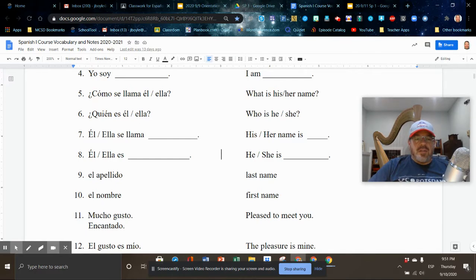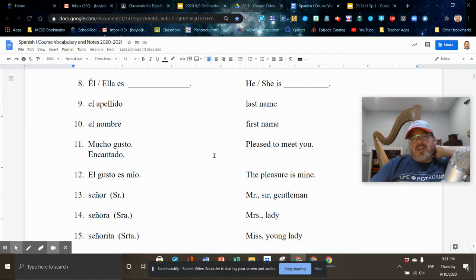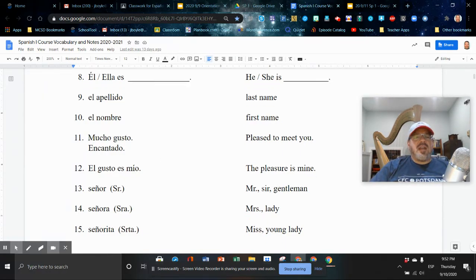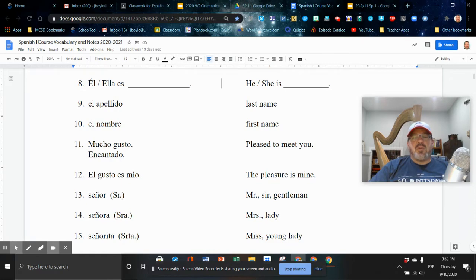Now, I don't know about you, but maybe you feel a little bit foolish. Maybe it feels awkward repeating this in your room, but you're hearing your own self speak. If you're just sitting there listening to me and not actually talking, you're not going to get nearly as much out of it. You're not going to remember as much, because your brain remembers things that come out through your mouth and back into your ears. That's how we learn. So I just want to encourage you, don't be ashamed or afraid of it. Just say it, because this is a pretty cool language. Let's go through some of these vocab words.